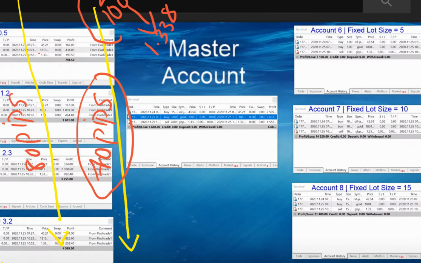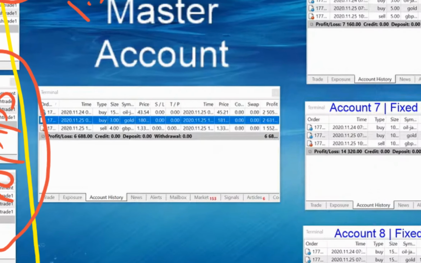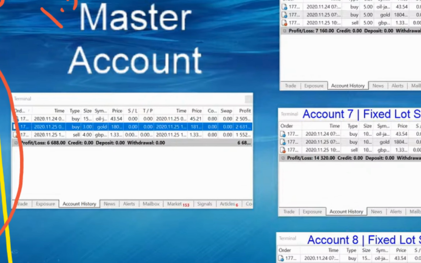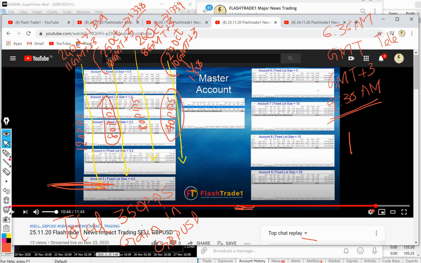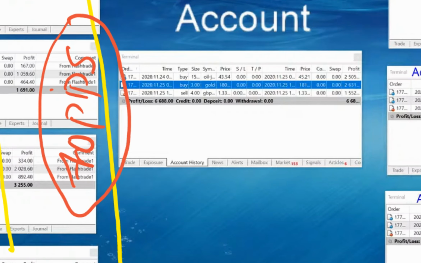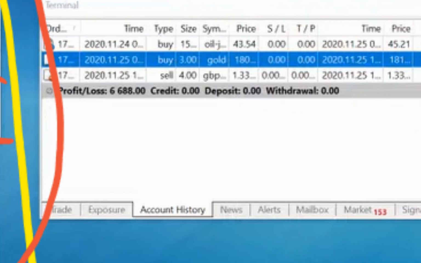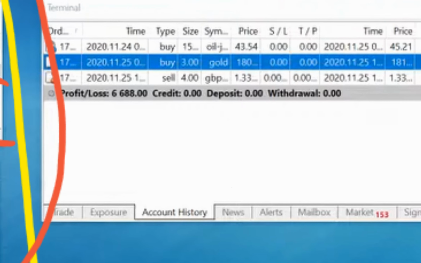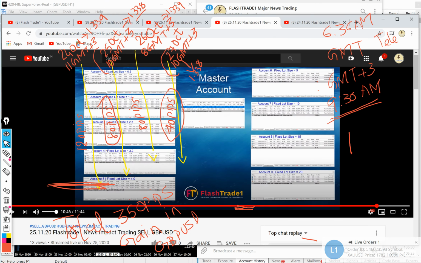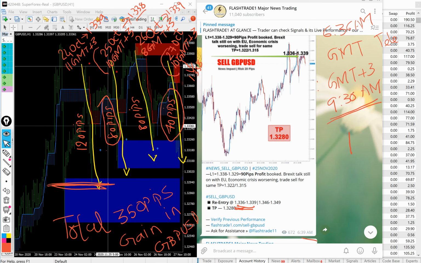Now we'll move into the live streaming, and you can see that the master account is being traded with 4 lot size and 1500 profit was booked. It was a sell entry, from the level 1.33, so it would be 100% near to 1.338. Along with our supply and demand indicator, the trend indicator also gave the signal. This is the trend indicator marks, which also gave the sell signal.